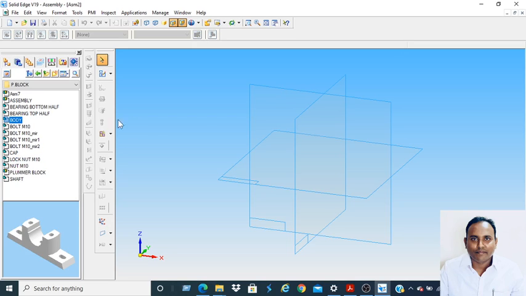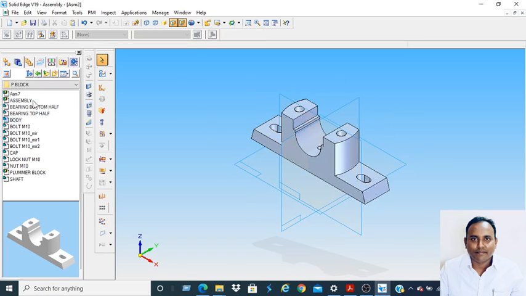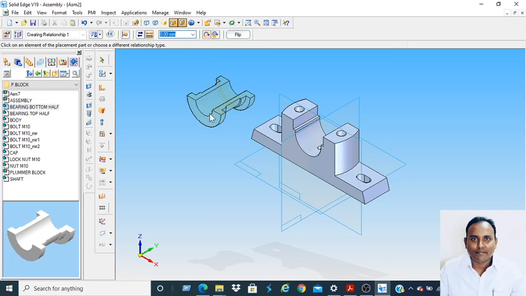First, drag the body component here. Now second, bearing bottom half.